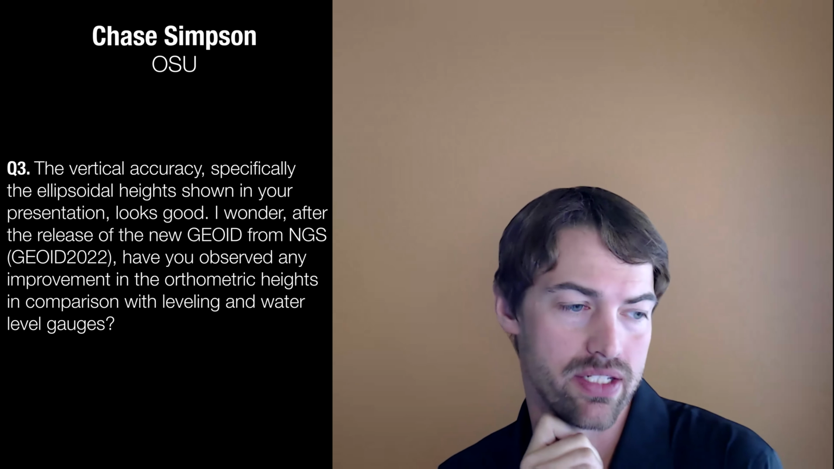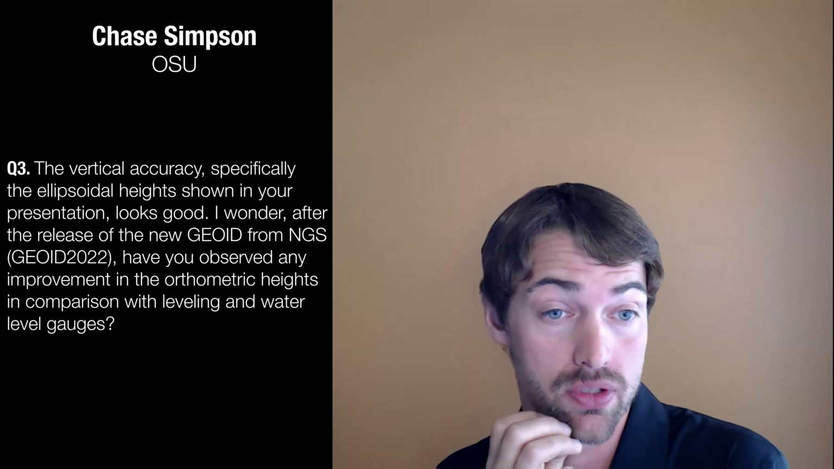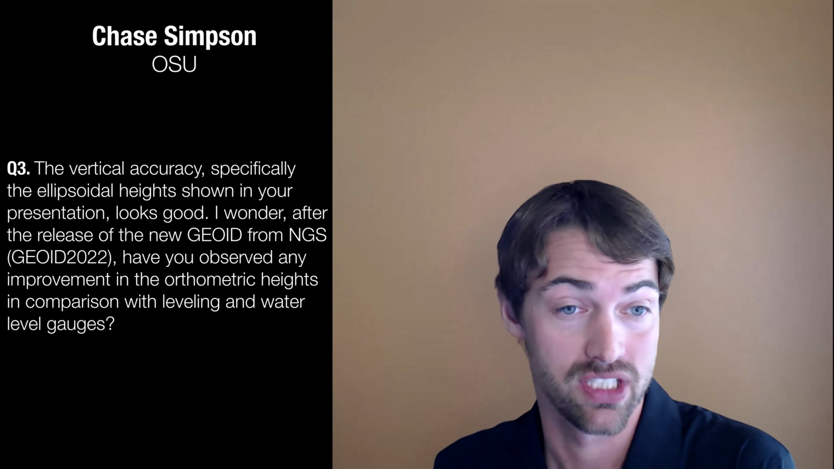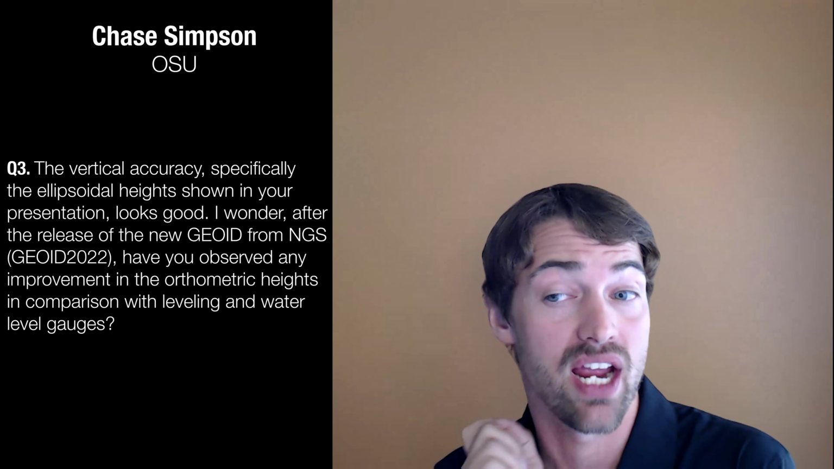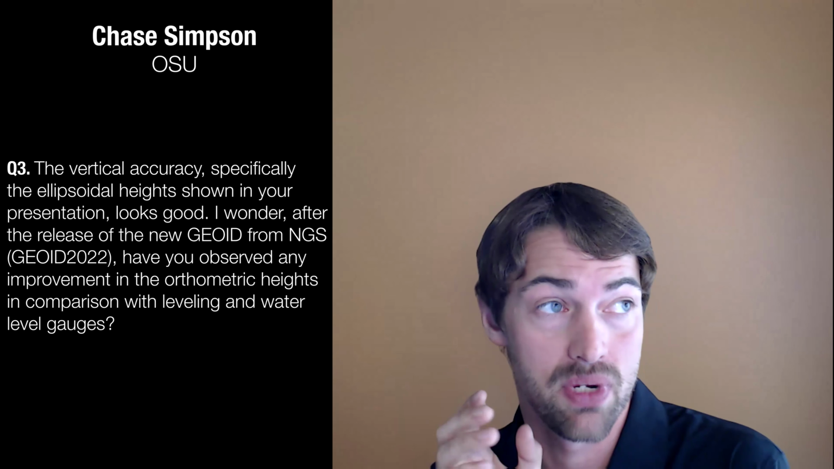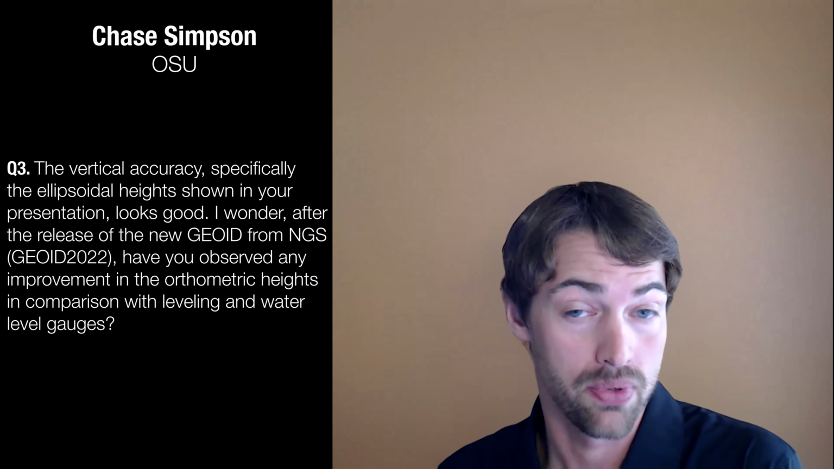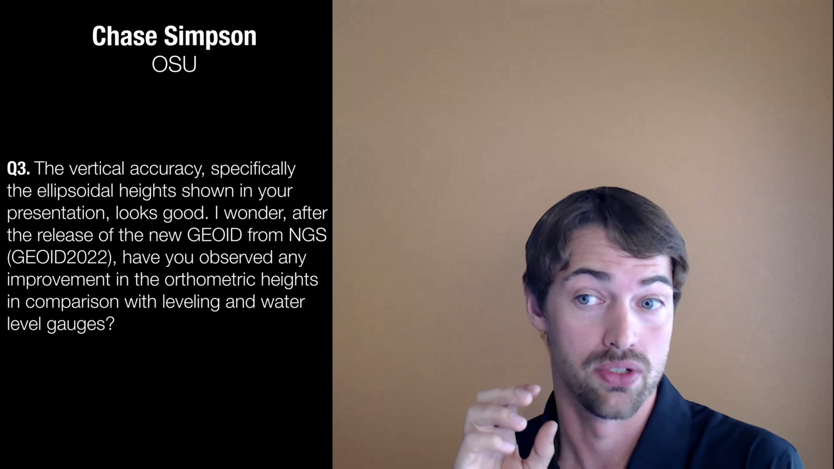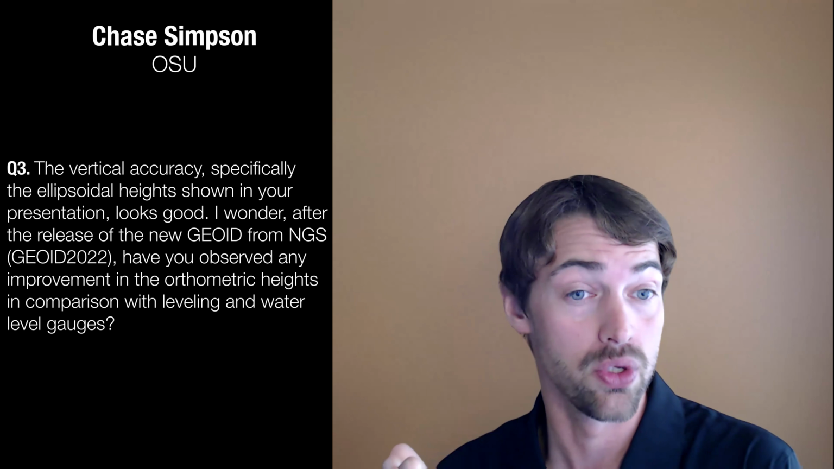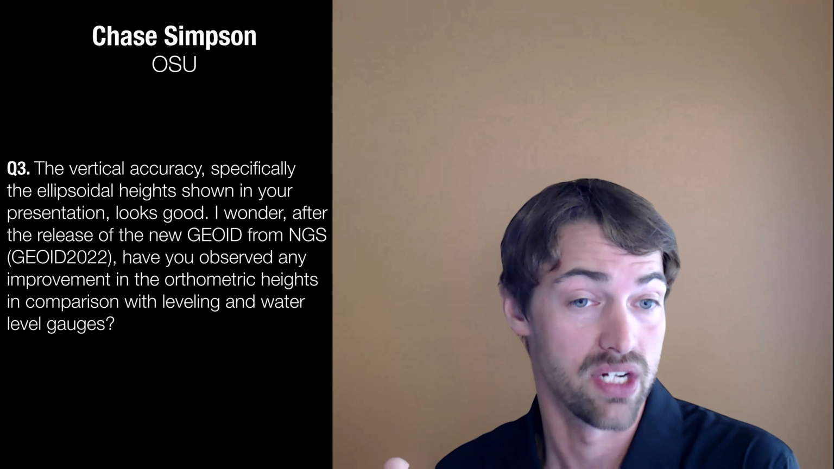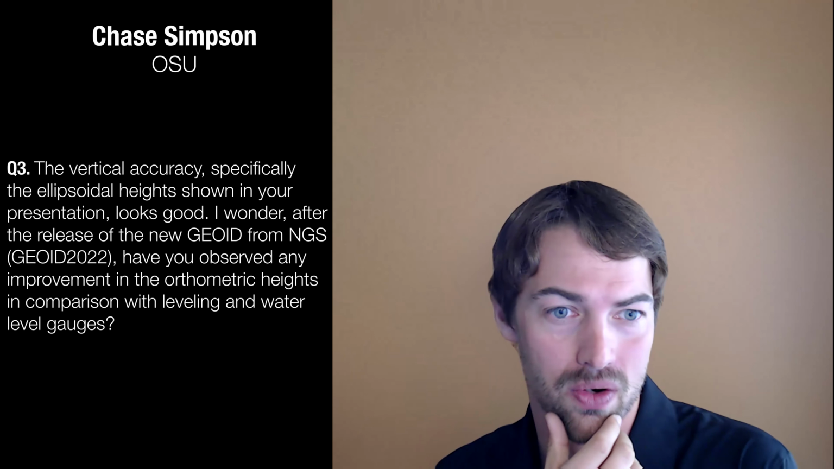Ooh, that is a great question. I have not explored GEOID 2022, at least not as rigorously as we've done in this study. So I can't answer that question. But my understanding is that the estimated uncertainties in the geoid separation values in GEOID 2022 and the geoid slope are better. So I would assume that we're getting better estimates of orthometric heights. We can dive into that a little bit more and how